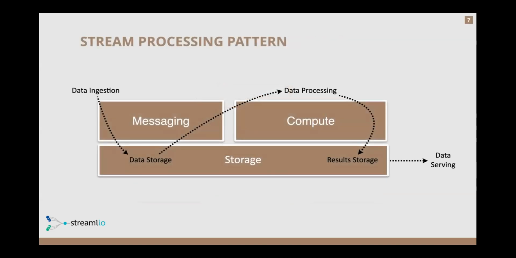So in general, the stream processing pattern looks like this from a performance perspective. You have a messaging system, the data comes in, it first gets written to storage, and then you have to pull it back out and send it into a data processing or computing layer. You do the processing there, you create an additional secondary result based on the incoming data, and you write that data back in, and you repeat the process over and over again.